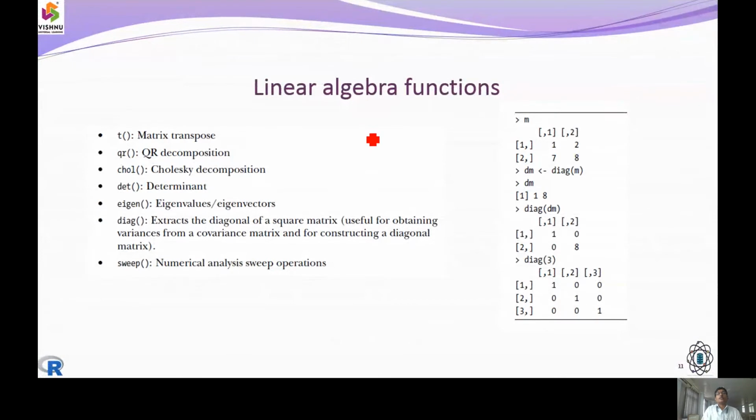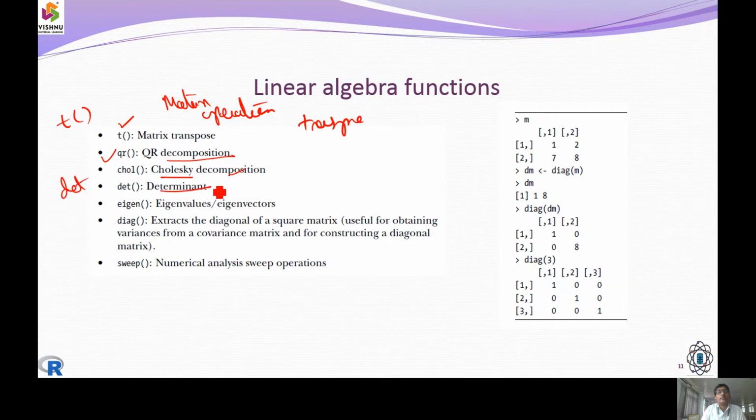The next one was the extension towards another matrix operation. So we still have some matrix operations here. One, we are going to identify the transpose of that matrix. We compute a function with T. Then we need to decompose the matrix, that we call QR. And then we use some Cholesky decomposition. And similarly, if we want to find the det, that is the determinant of the matrix, or we need to work with eigenvalues and eigenvectors, then we are going to use the eigen function.